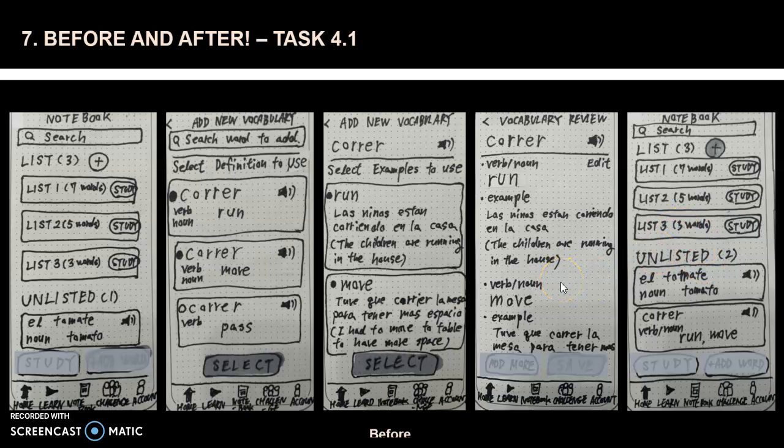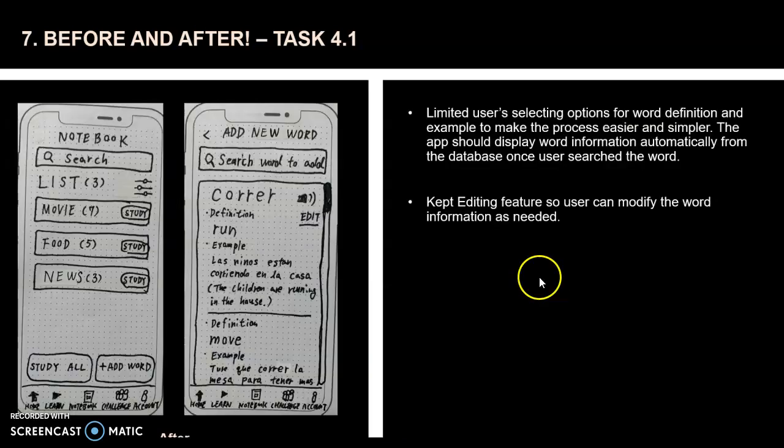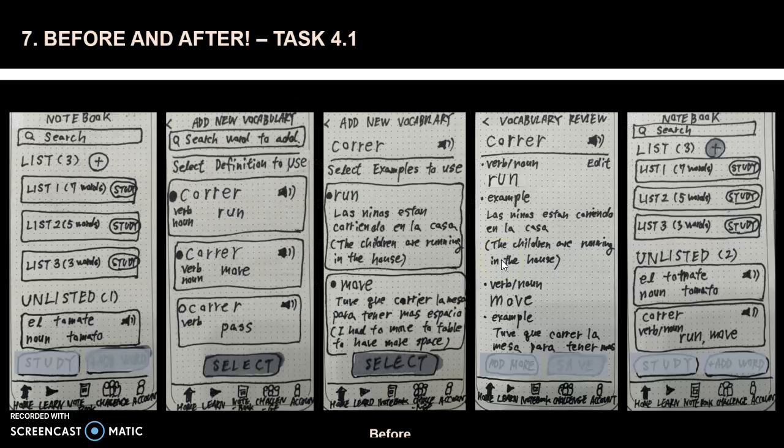So my users during the test thought that it can be very useful, but this can be